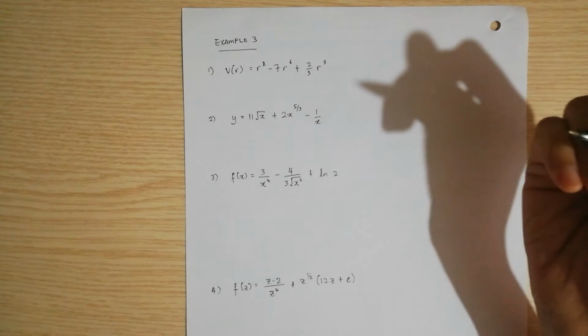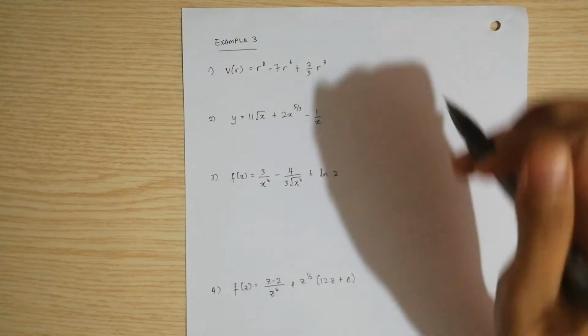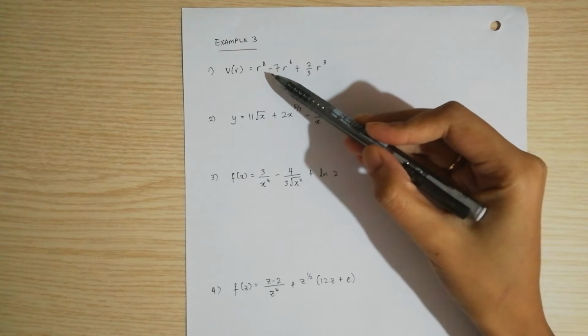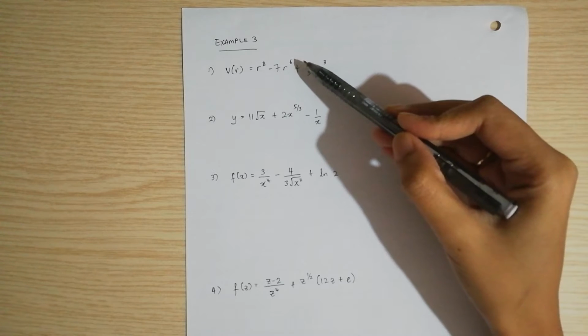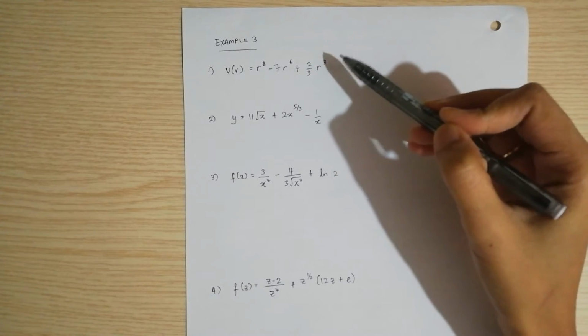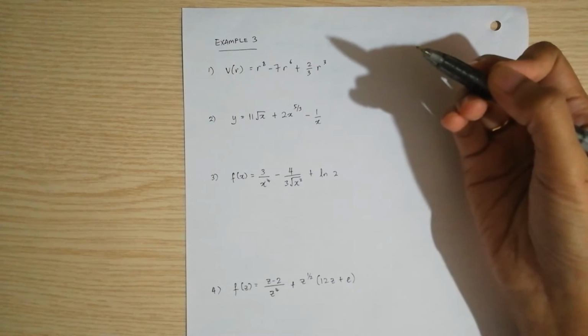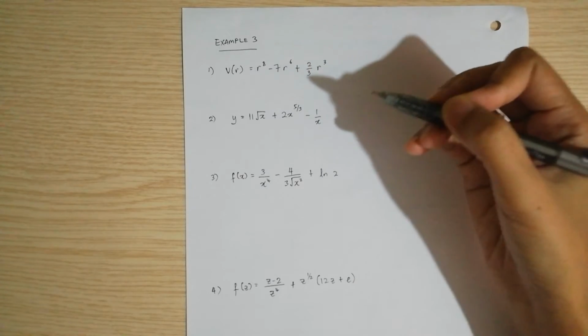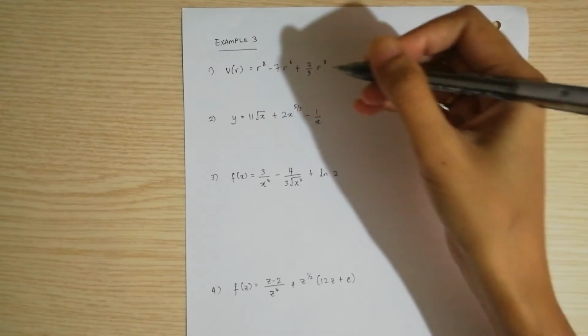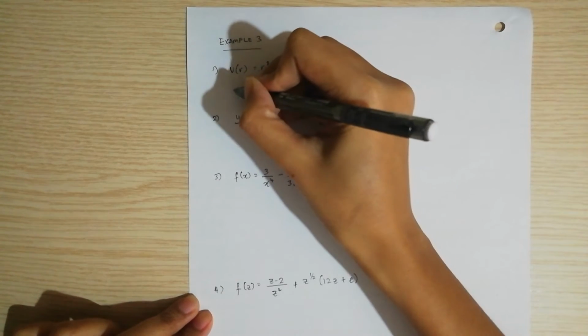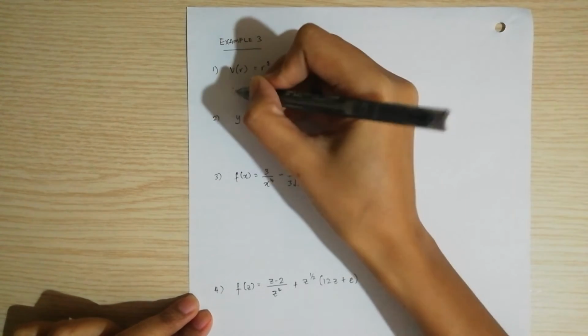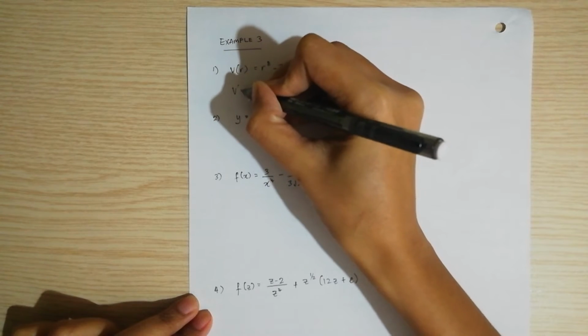In this video, I will show you how to solve example 3. So the first one we have V(r) equal to r^8 minus 7r^6 plus 2/3 r^3. This one is quite easy, just apply all the four rules. To differentiate V(r), you will get dV/dr, or you can write it as V prime r